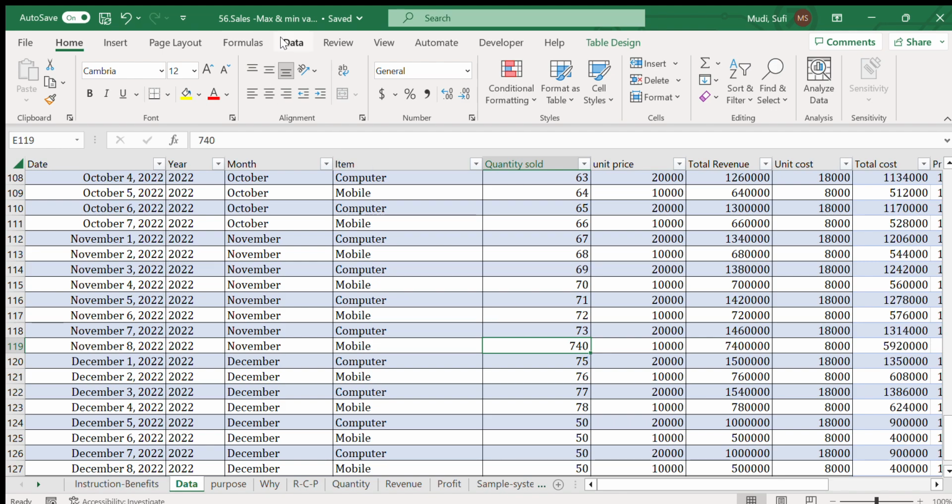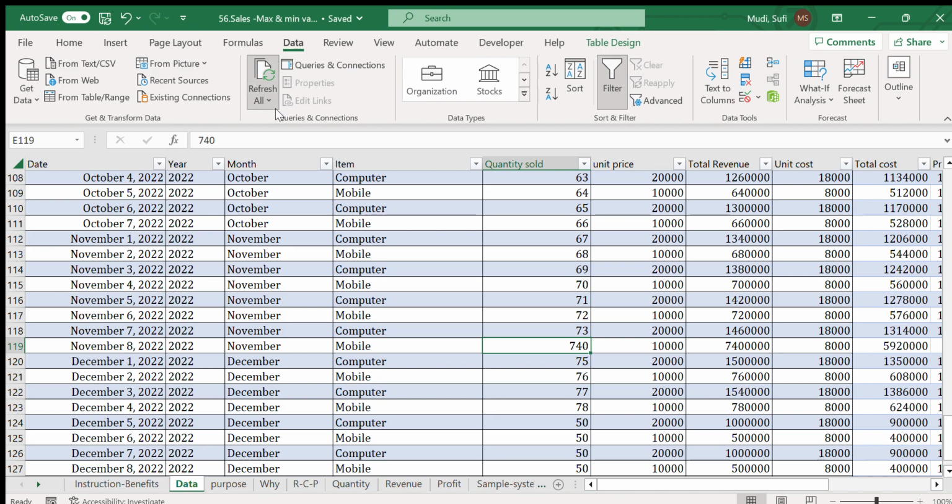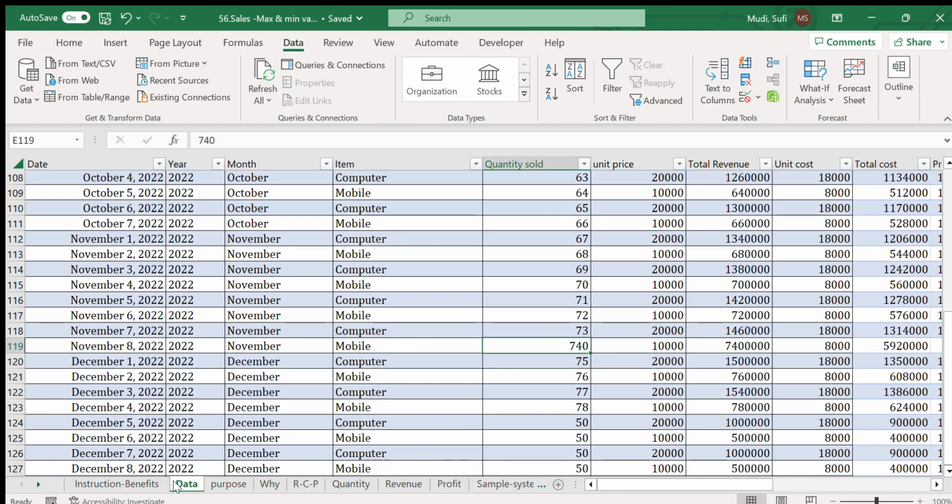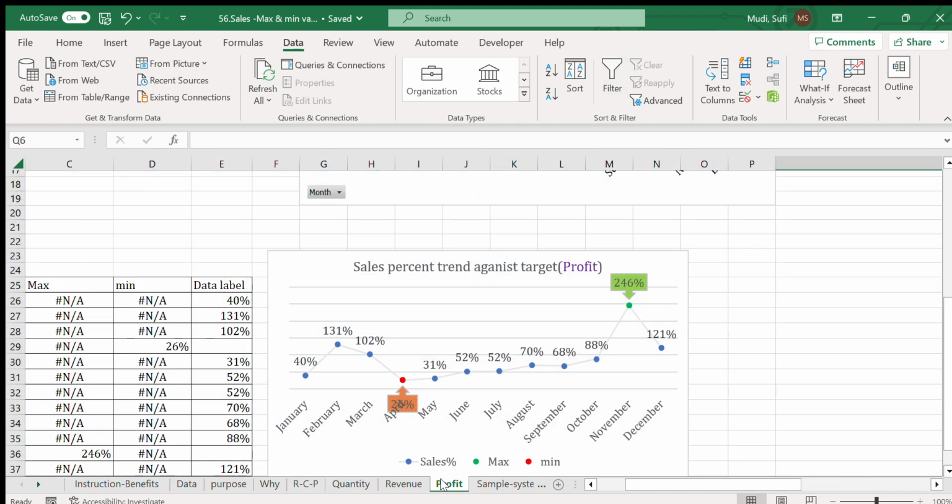Let's change this and see whether it changes. Initially November was 74. If I add 10 and make it 740, and refresh the data, in terms of quantity,